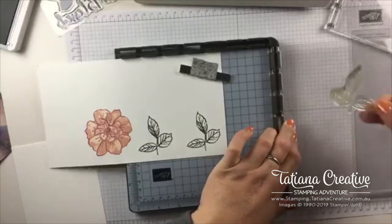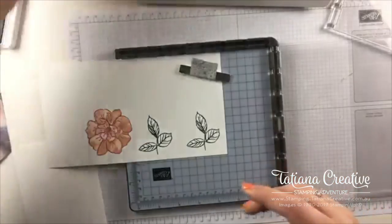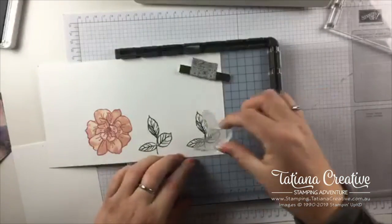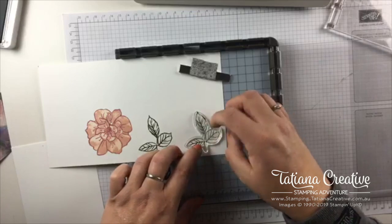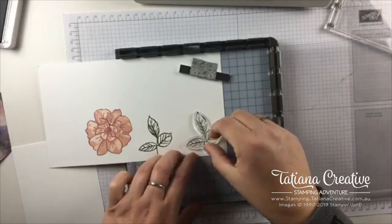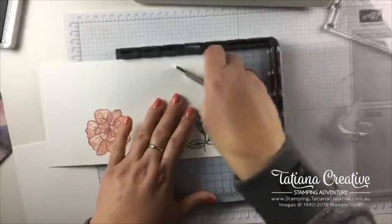So it's all good. Now for the next one, the lightest, we find that stamp, and what we're going to do is stamp off before we stamp. So I'll line up the image into its spot. Carefully. There we go. And then because this is photopolymer, if you press it into the paper, it kind of attaches to the paper a bit, and that helps keep it in place while you pick up